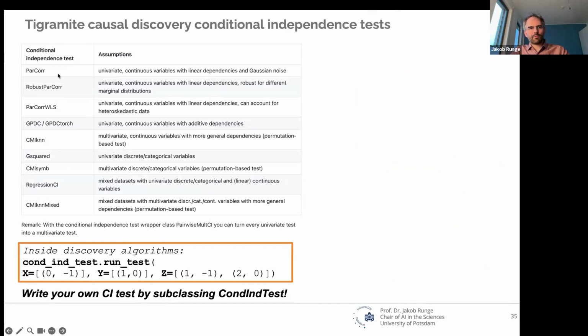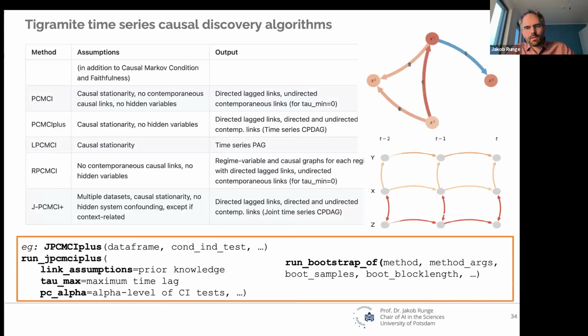The independence test that we have. Jakob, sorry to interrupt. There are two questions. The first one is, can it decide which method to use for which variable pairs depending on their linear relationships? And the other one is the maximum lag. Is it estimable? Can it be estimated automatically or set by hand only?